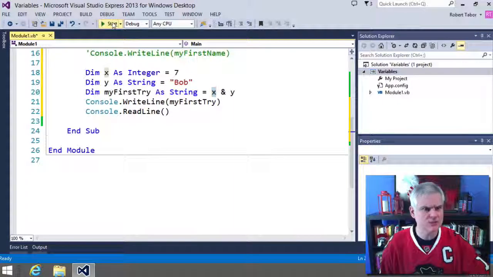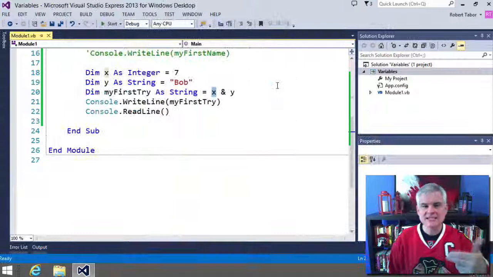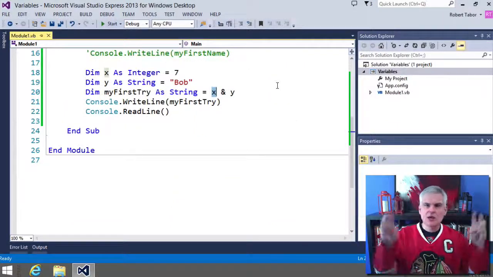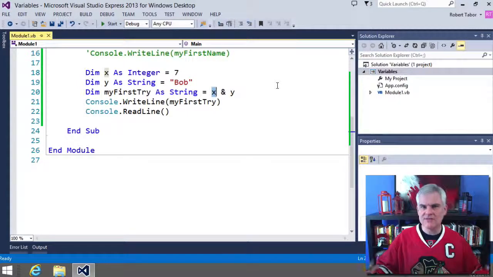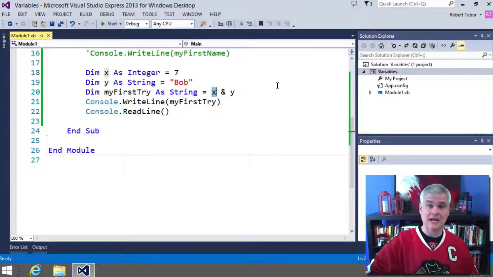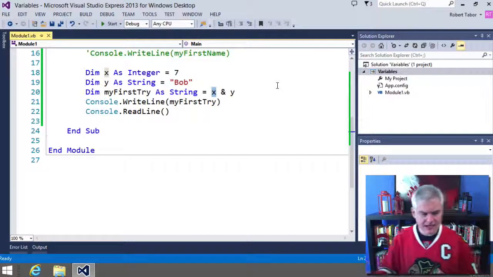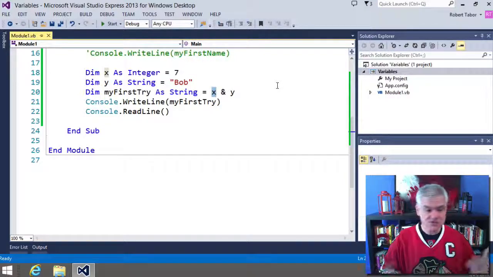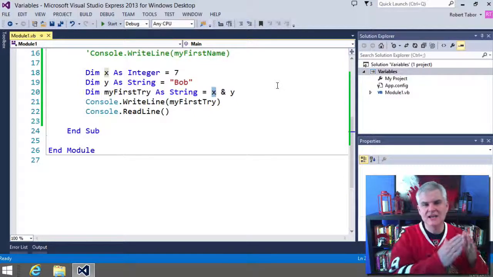So first of all, let's make sure this works. It does. So we see 7Bob on the screen. So that is an implicit data conversion. There are certain data types that can be easily coerced or converted into another data type that's a little more forgiving and open, like a string is. Alphanumeric, it can handle just about anything. It can handle a date and time. It can handle entire paragraphs, numbers. Why? Because it's just a collection of